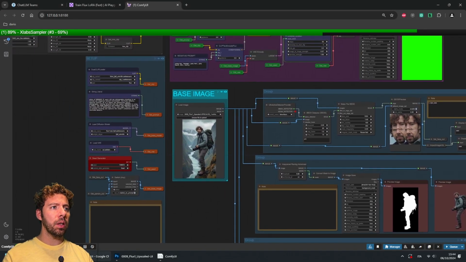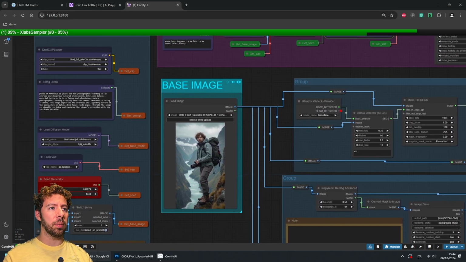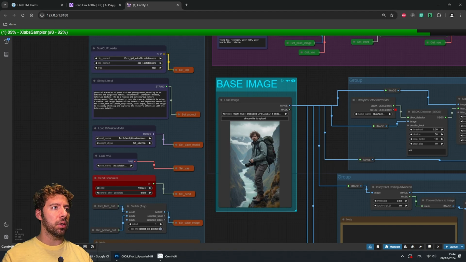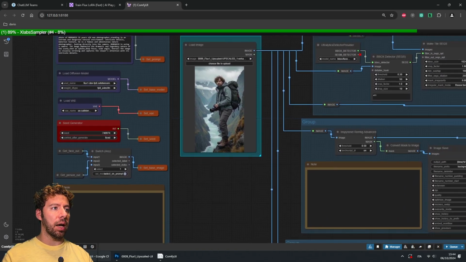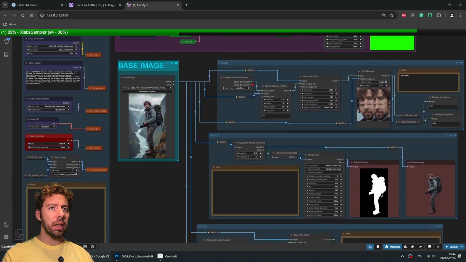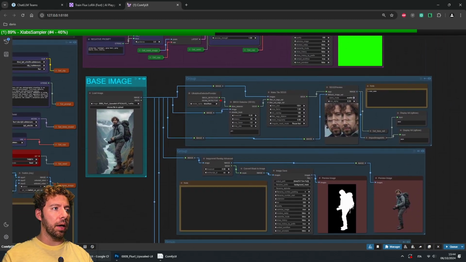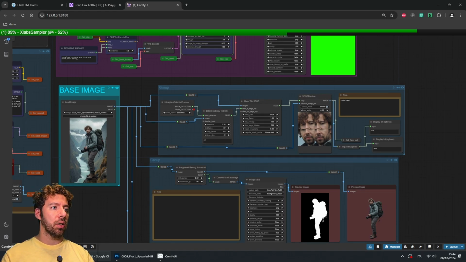So here I load the upscaled picture, the one that I upscaled with the Topaz, and I will reuse the same prompt. And then I will decide if I want to detail just the face or the entire body of the person. And in this case, to save some time, I just ask to detail just the face. As you can see,